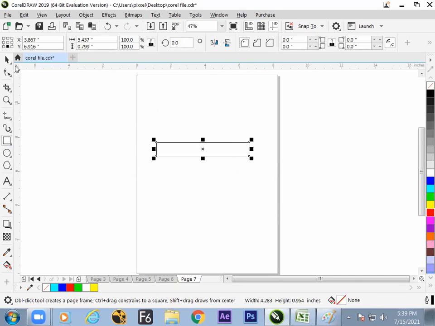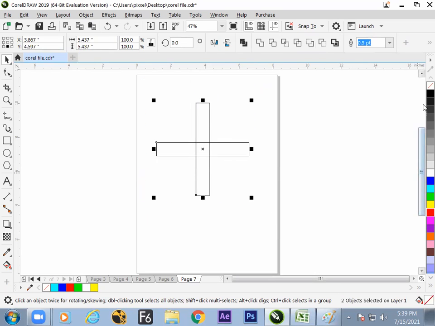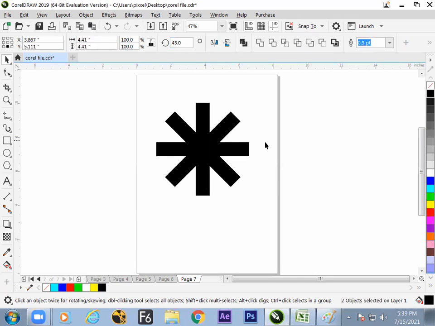Drag this over, get a duplicate, copy paste, switch it to 90 degrees, job is done. Select all, fill the color. Yes, black is there, what is black? No need to get worried. Get the plus button and write down 45 degrees. Yes. So we know what is called combine.